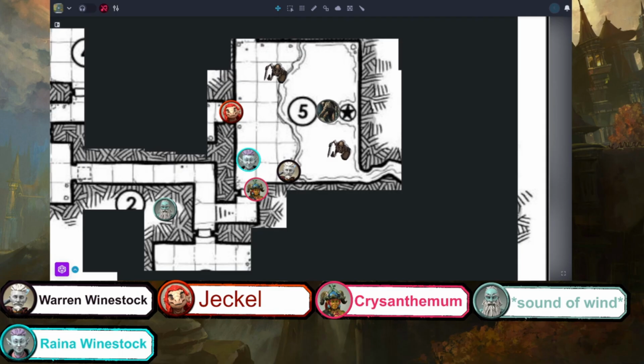Let me see. My wand also has that missile attack as well, right? Correct. So if you have it, essentially you can use it to expend one or more charges to cast Magic Missile. For one charge, you cast it at first level, and you can increase the spell slot level for each additional charge. And you have 5. If you expend all of them, you roll a d20, and on a 1, it crumbles into ashes. Okay. I'll just use one charge off of it then. So first level Magic Missile. So you get 3 darts.